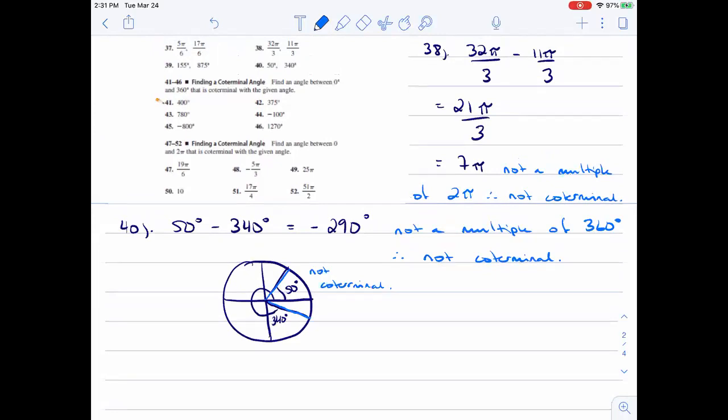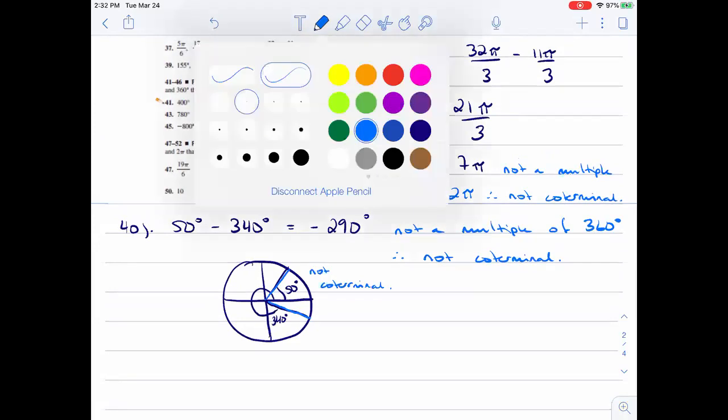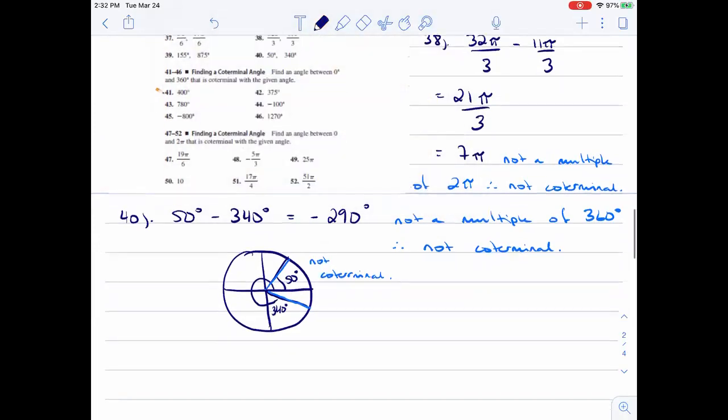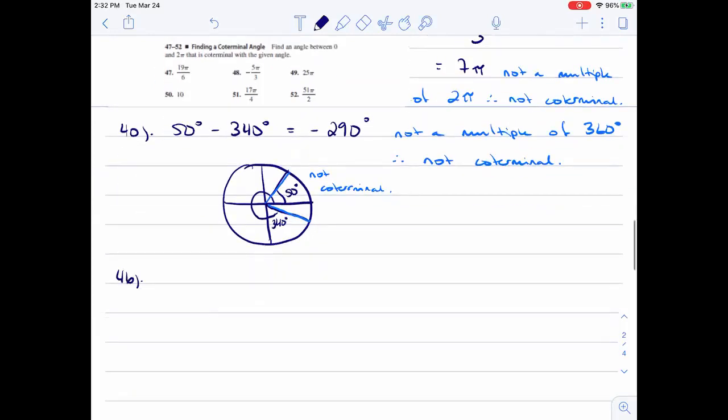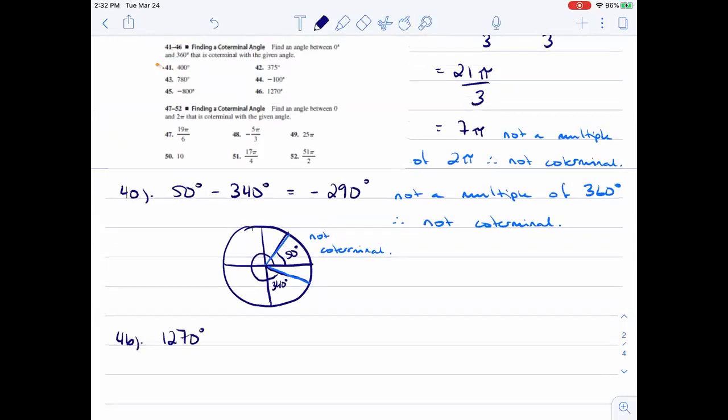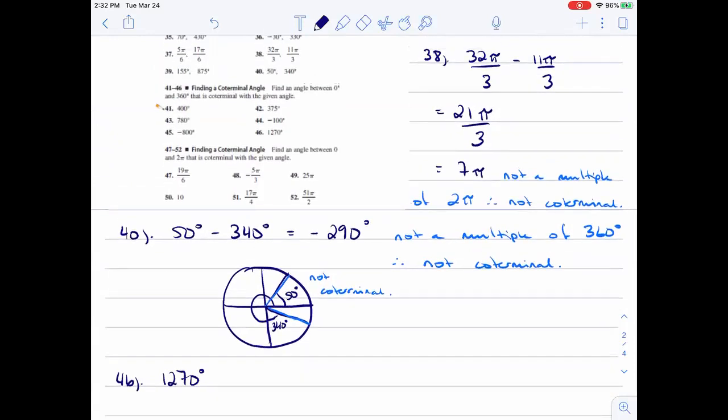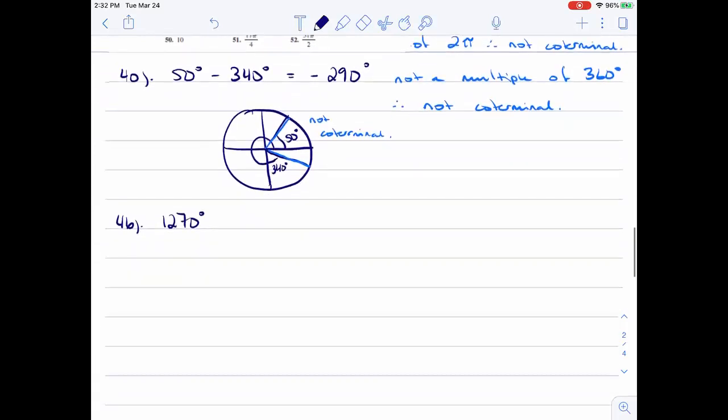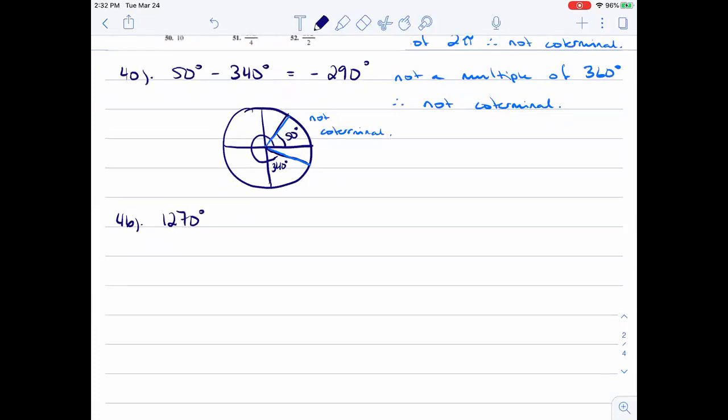For 41 to 46, I guess we can do it. We don't really work in degrees that often, but let's just do it for practice. Let's do 46. So 1,270 degrees. If we want to find an angle between 0 and 360 degrees that's coterminal with a given angle, well, 1,270 degrees,